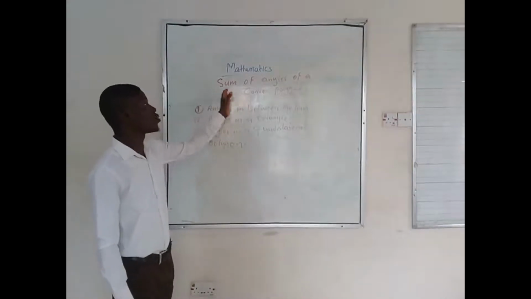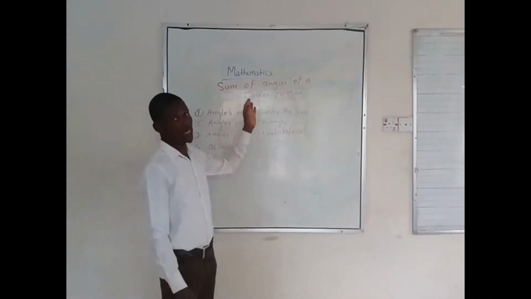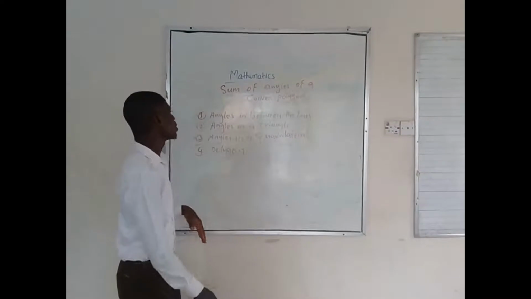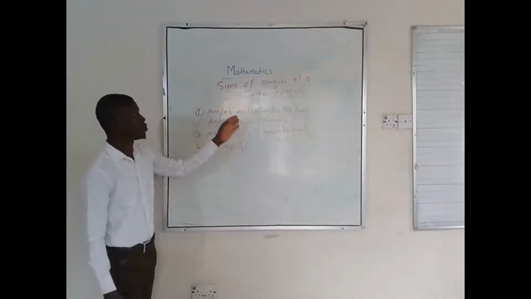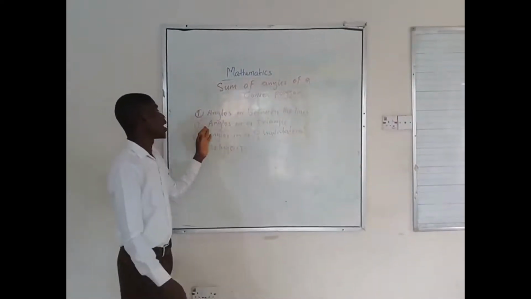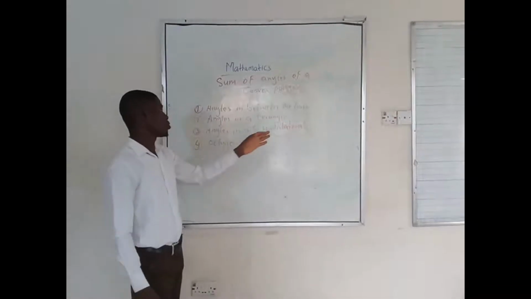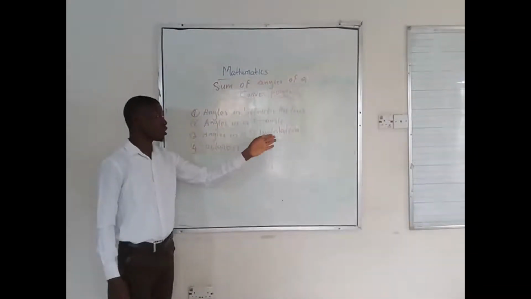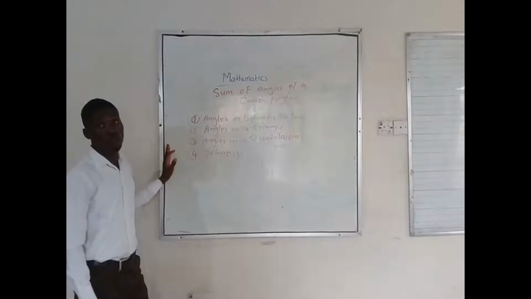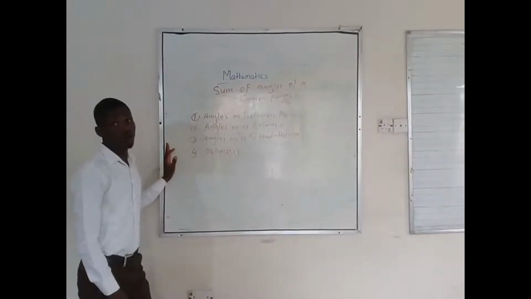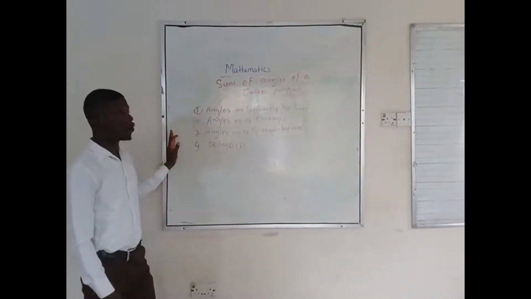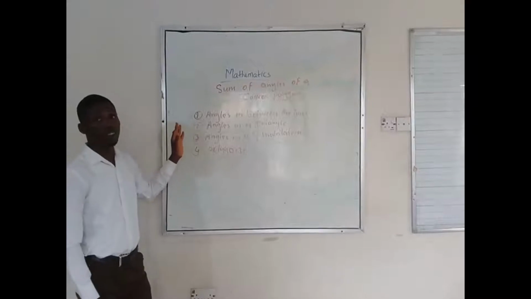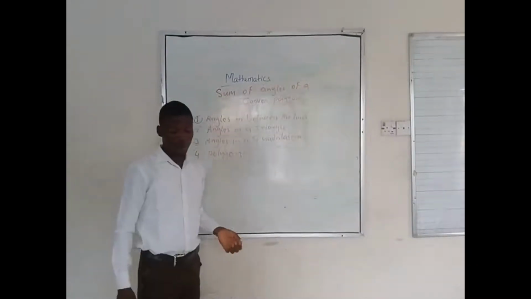Last week, during our JS1, we talked about angles, but today we are going to learn more about angles, that is, the sum of angles of a convex polygon. Under it, we are going to treat angles in between the lines, angles in a triangle, angles in a quadrilateral, and polygon itself. But today we will not be able to finish the first subtopic. We will just take some as time may